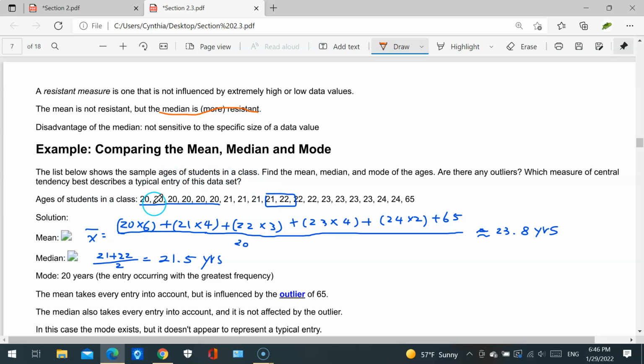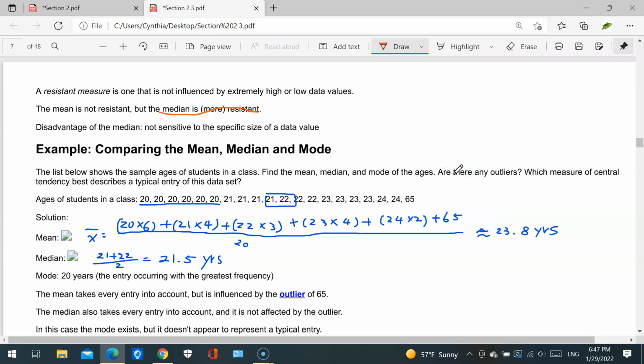To find the mean, we add it all together, right? Because I have 6 of the 20, I multiply 6 by 20. Then I add 21 multiplied by 4. 22, I have 3 of the 22, so I times 3. 23 I multiply by 4. 22 I multiply by 2. And then I add 65. Add it all together, then divide by 20 because the sample size is 20. So after the calculation, the mean is approximately